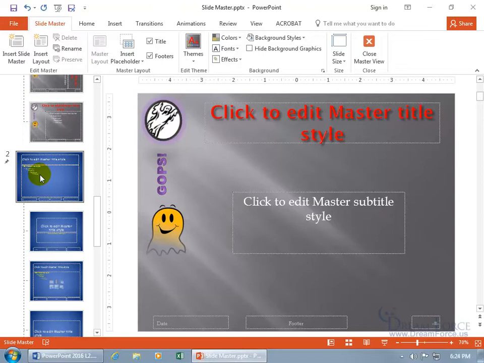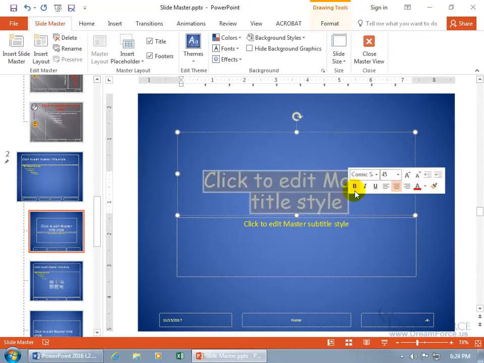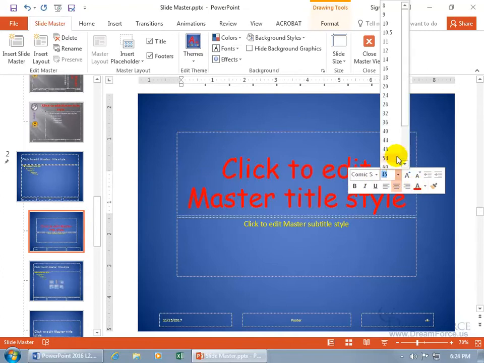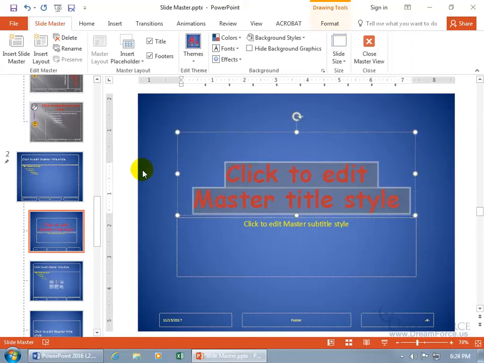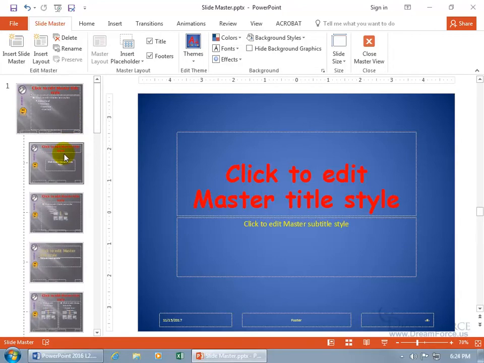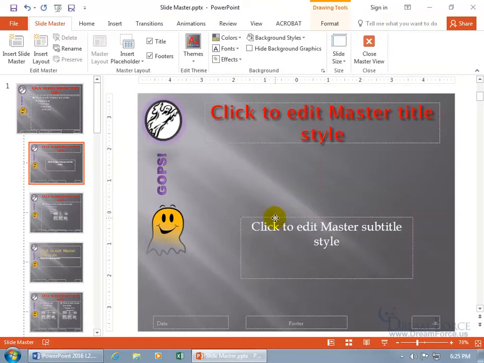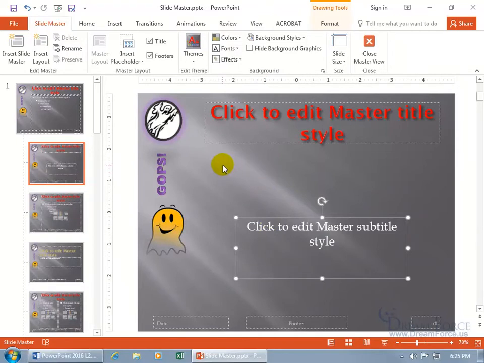And so, as you can probably see by now, it's not just about the background colors, fonts, and effects, but it's also picking which slide that you want to go with. Like for this layout title slide, you can come in here and make some changes and say, okay, I like this in red. I'd like it to be a lot bigger, bold. And then maybe for some slides, you want that title slide. And for other slides that you're going to use the title slide, you want it flipped where the title is way at the top, away from the subtitle down below, and you're moving that around. So you have two different title slide layouts to choose from, including the background colors and the fonts and the